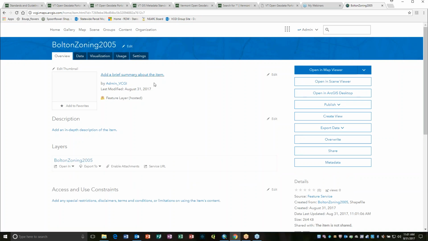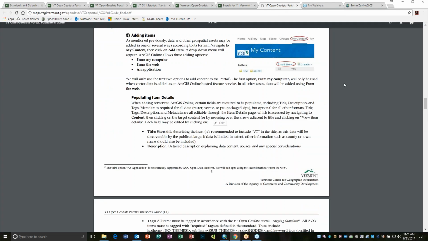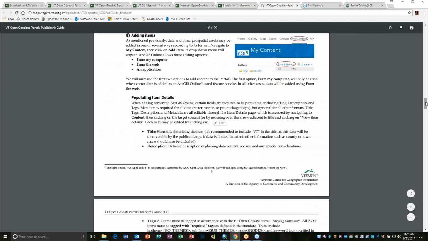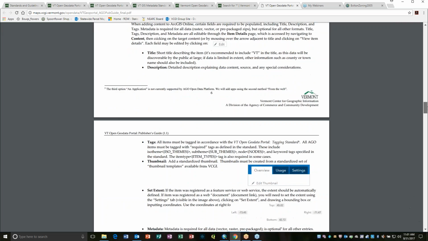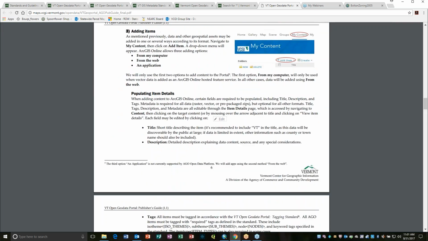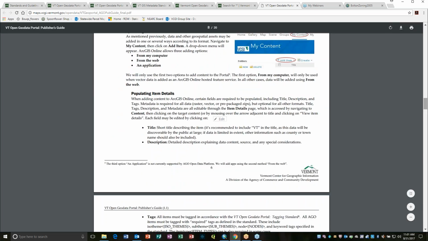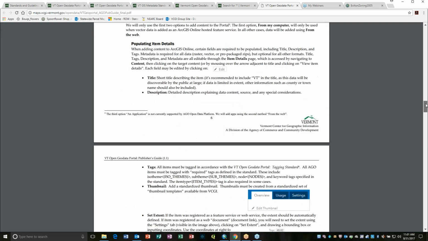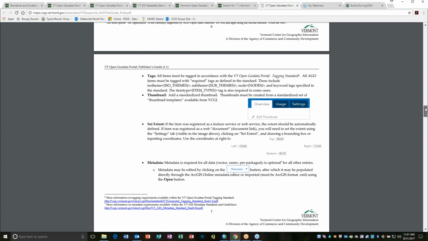Okay. So you can see that we need to add a summary, a description. This is actually going to create a default thumbnail in a minute, but we're going to replace that. Let me just go back to the publisher's guide so you can see. So we are now going to populate our item details, a little more detail, a little more item details, and some other items like metadata. So